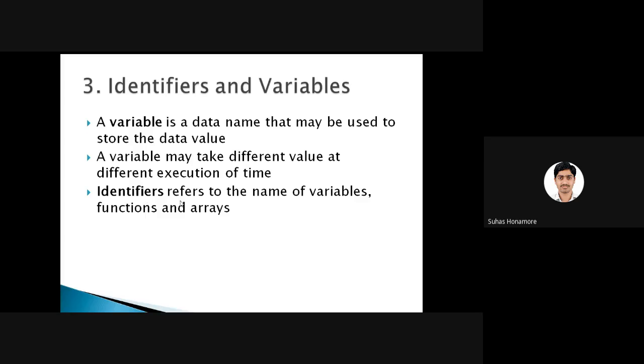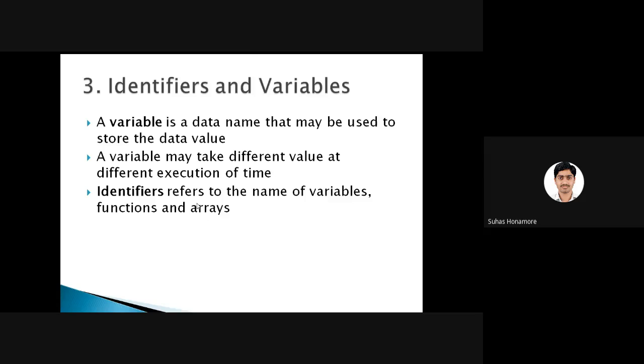Then identifiers are nothing but the name of the variable. Only the name of the variable we call an identifier. A variable is nothing but storage also, actually. There is a little bit of difference, but I will not go into detail now. That detail we will easily identify when we come to arrays and functions.